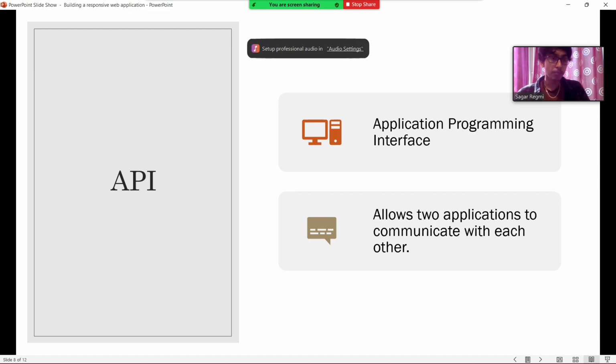Let me give you an example. Let's say I'm building a website which tracks flight data. We give the flight number, and it fetches back the flight information: the flight place, flight time, and the flight duration or something, or the place. So what APIs do, let's say